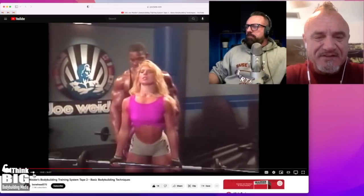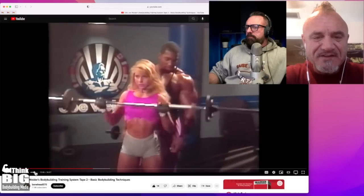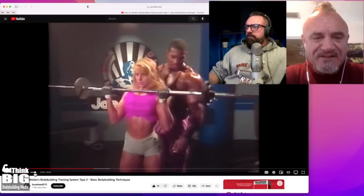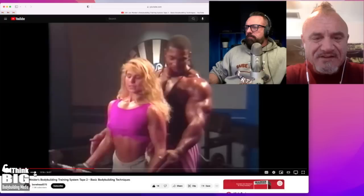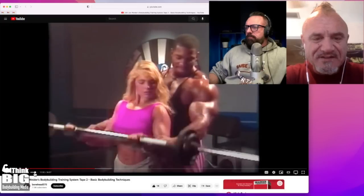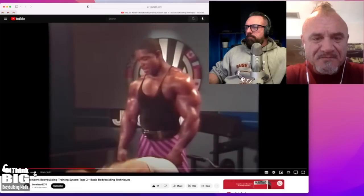Subjected to about 70 to 75% of its 1 rep maximum strength, the maximum amount of weight the muscles can lift in that exercise one time. And when you do as many sets as you can with this amount of weight, you end up doing somewhere from 8 to 12 reps. Therefore, as you begin bodybuilding training with the Weider system, pick a weight for any exercise that lets you do at least